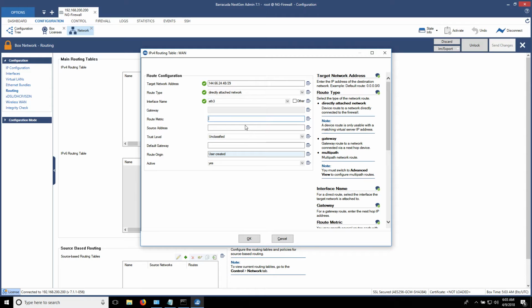Route metric is the next thing we need to input. I usually start off with 10. You can add in 100 or whatever the customer's preference is. Leave source address empty. Most folks will try to fill that in for some reason. This is going to be an untrusted zone because it's the public internet, and that's what the firewall is designed to protect against. Default gateway is going to be the ISP modem's